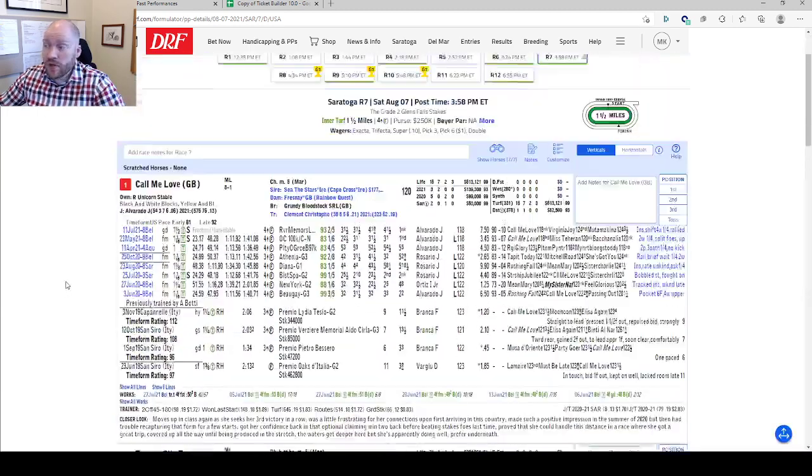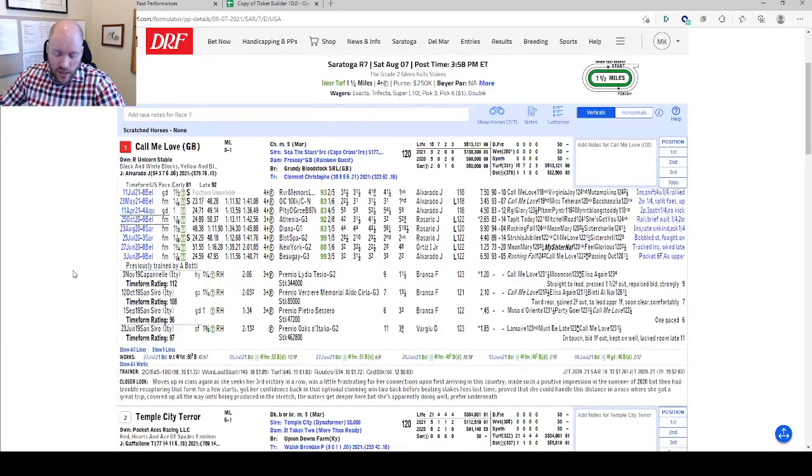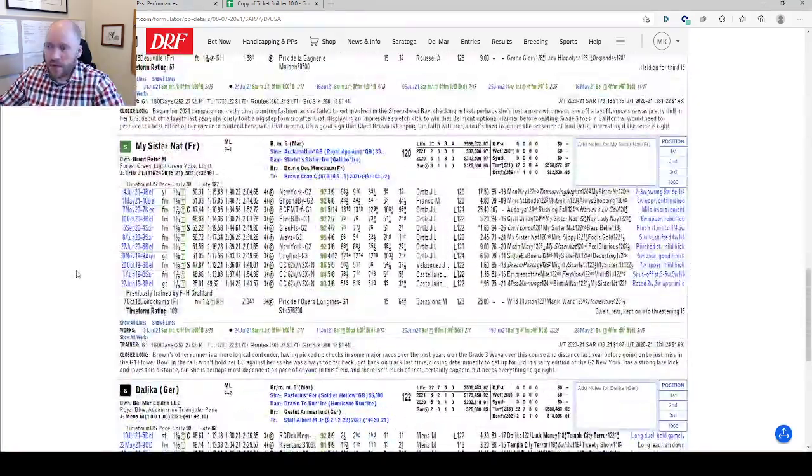I wish Clement put somebody else up on here, because I oftentimes look at jocks being on a horse as intent from the trainer. Junior being up here makes me think that this horse is not nearly as live as I wish it was. And the other horse I had in here was My Sister Nat. I hate her. I think she's got about 0% chance of winning, but boy, are you going to feel stupid if you were perfectly right on a pick 5 sequence and Chad Brown on a short price beats you.